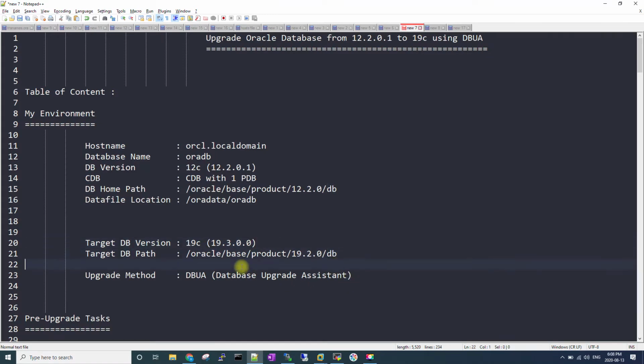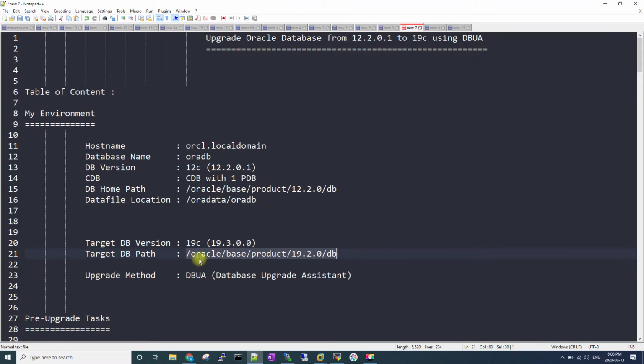So you need to make sure that you don't extract it anywhere. Make sure you extract it to the Oracle home. Otherwise, whatever plans you have for Oracle home creation will have a big impact, and then you have to redo it, or you have to change your plan for the Oracle Home itself.